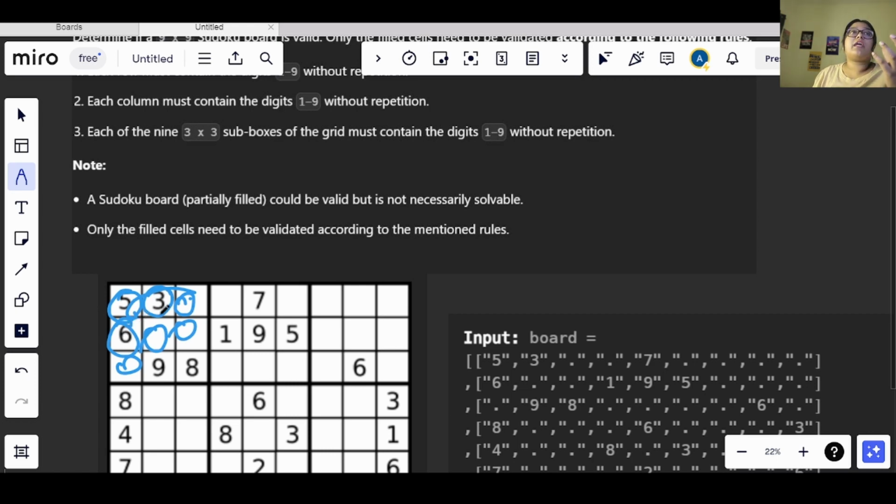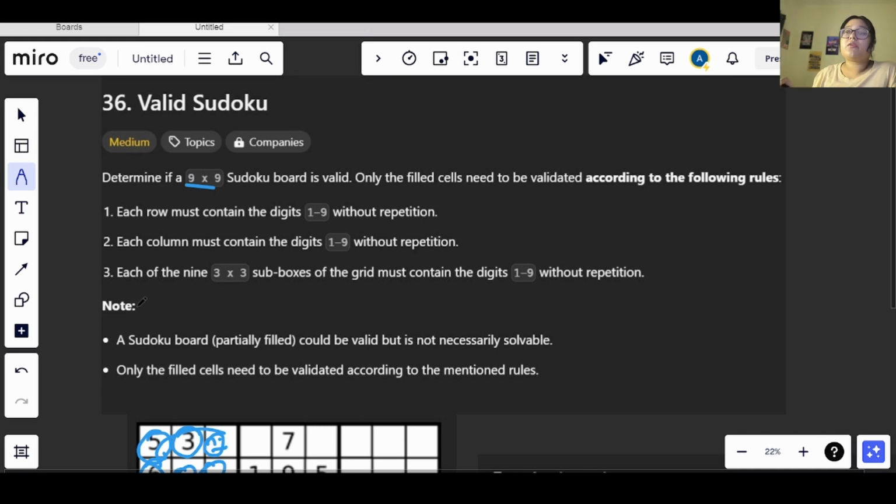So if we were thinking these empty cells also have to be filled, and then we have to prove if the Sudoku is valid or not, then this question might have become quite hard, right? But now since we have to only look for elements which are present, okay, and then according to that only we need to verify if the Sudoku is valid or not, then this question will become very easy, right? Because we have been given the rules and we need to just follow those and return the answer according to that. So we have been told that each row must contain the digit 1 to 9 without